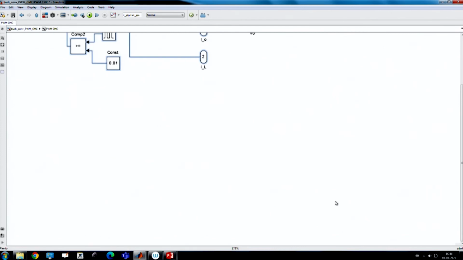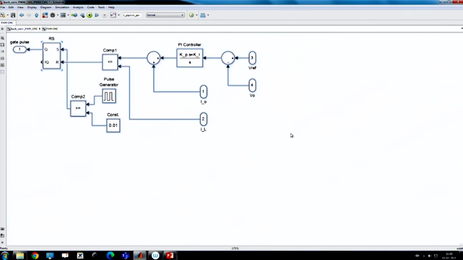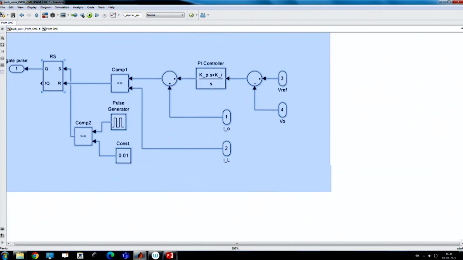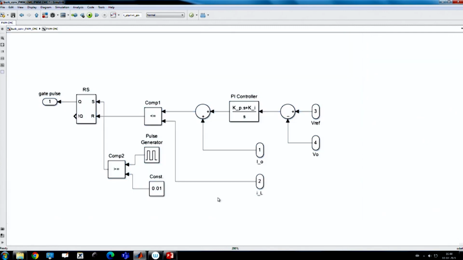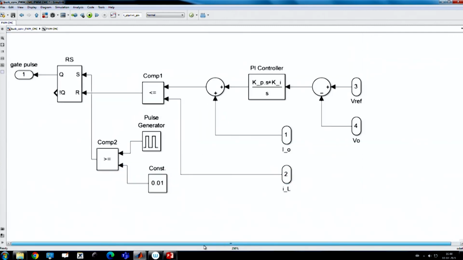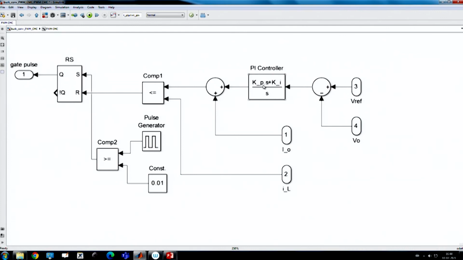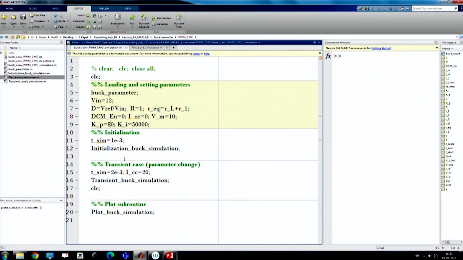outer voltage loop, and we also have an inner current loop. Okay. So, we have an inner current loop and an outer voltage loop, and a PI controller is used as the outer voltage loop. Okay. And this is the inductor current reference. So, in this first case, what I want to simulate is that if we run,